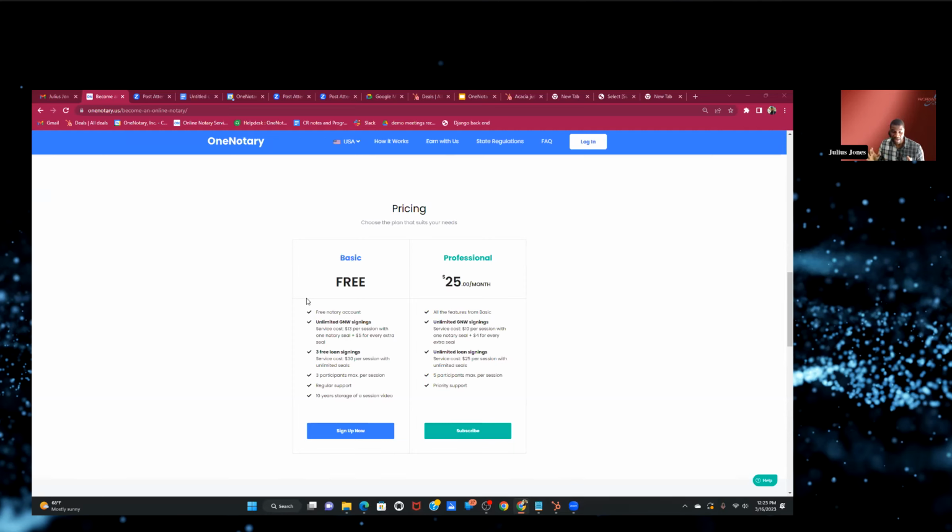I've had some signers with some actual chicken scratch, but as long as the document was signed by them, as long as that signature was theirs, that's what makes the document acceptable. And with online notarization, we're actually able to verify that that signature was done by that person. So it doesn't necessarily have to look exactly like their signature, as long as it was done by them. Okay. All right. Thank you.